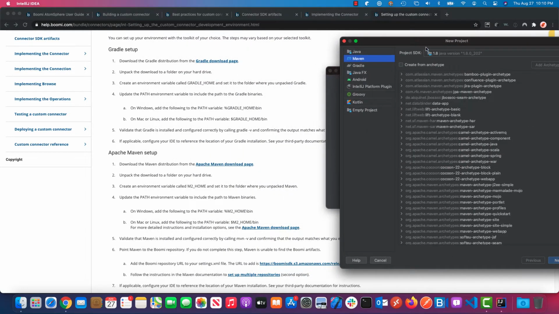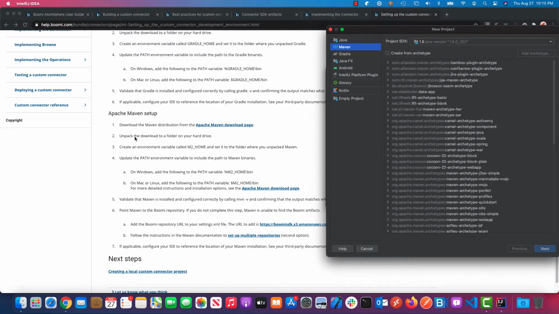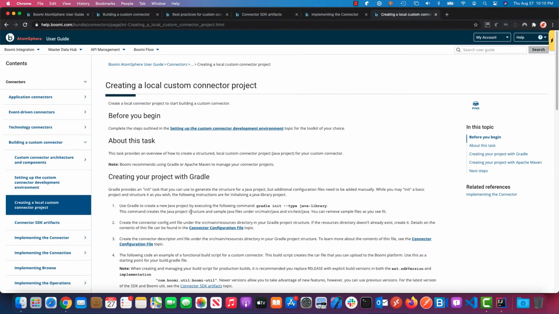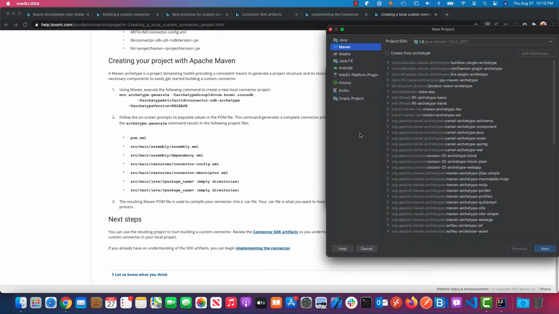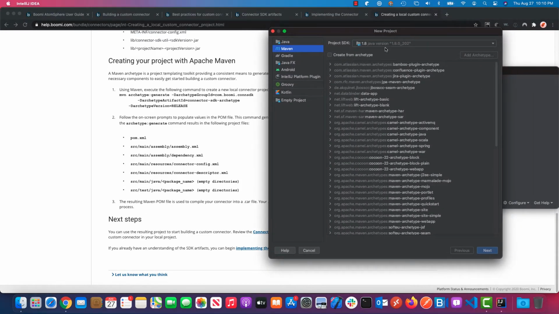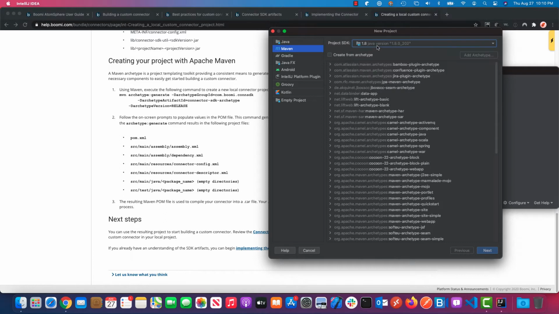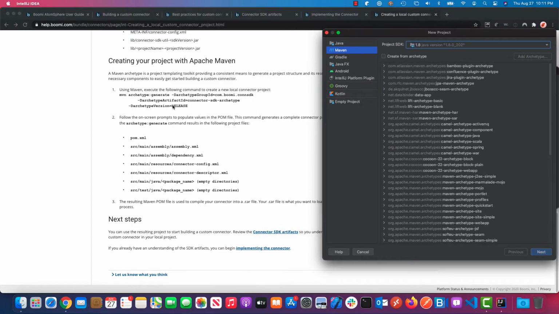Make sure you have followed all these steps by installing Maven on your machine. So let's go to the next step here, creating your project with Maven. In IntelliJ IDEA, once you are here, you will see your Java 1.8 version. That's good. And then in the help document they have given you an opportunity